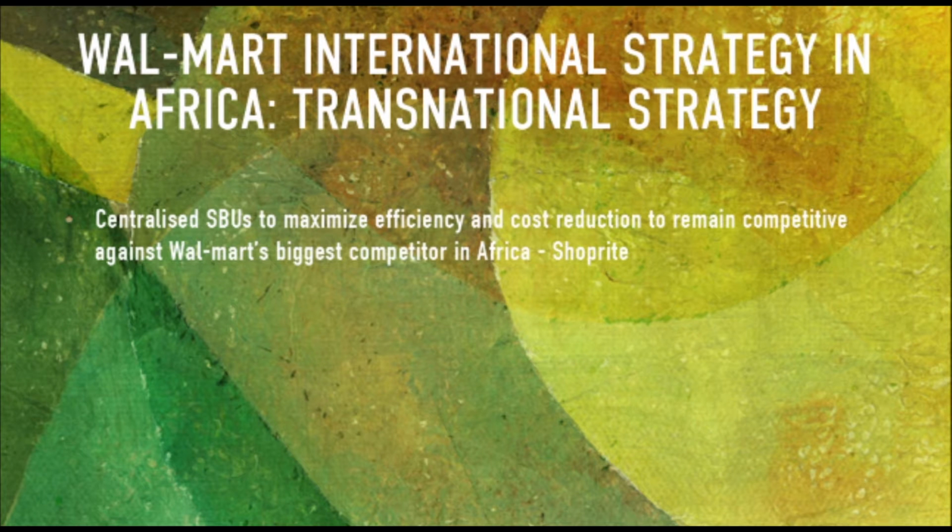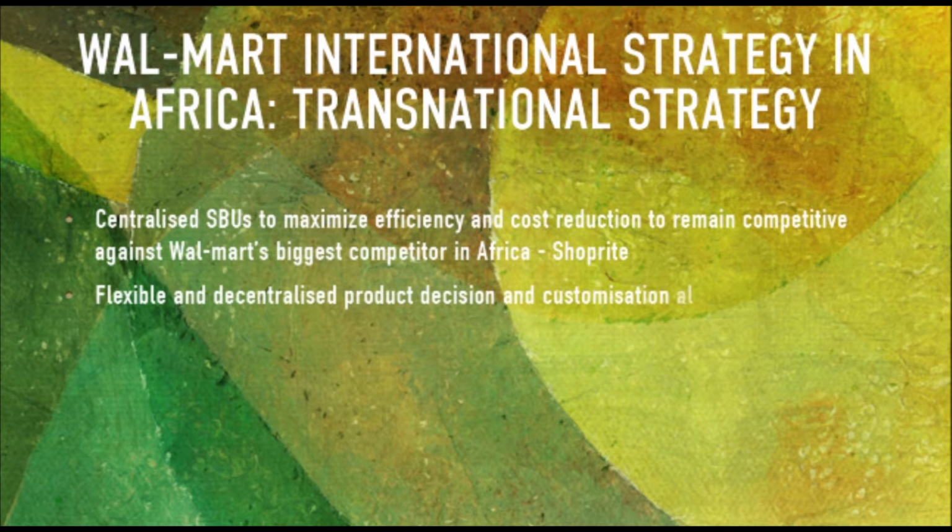Interdependent strategic business units in charge of operation management should be centralized for greater control. For instance, Walmart's efficient zero inventory management is to be controlled efficiently to counter poor infrastructure issues in Africa. This level of efficiency will help Walmart be more cost competitive against competitors like ShopRite. On the other hand,